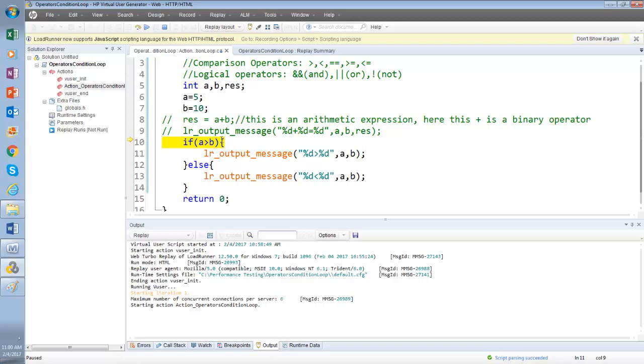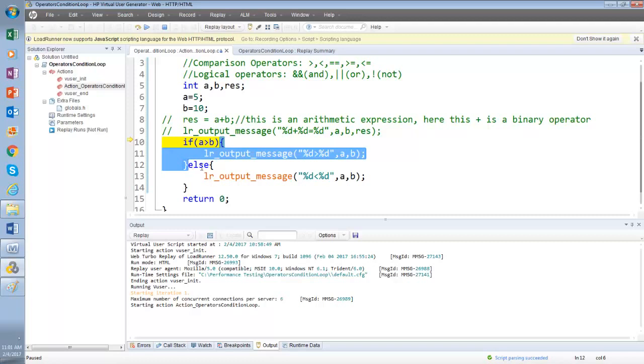See here, A greater than B, this statement has a value. What is the value? In that case, it is false.